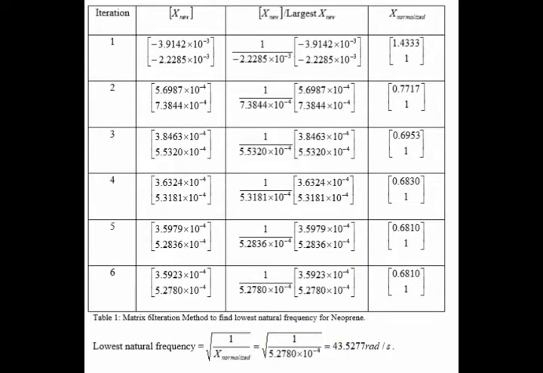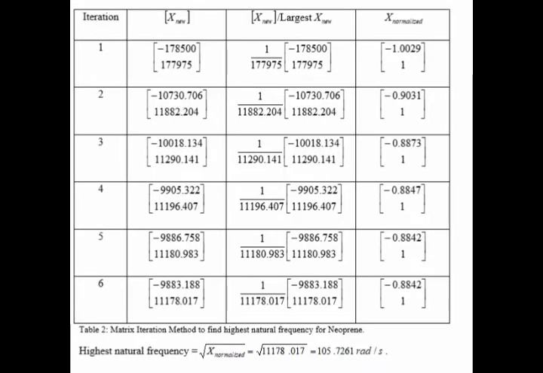Now for the neoprene, we have k of 350 kilonewton per meter. From there, we use six matrix iterations to find the lowest natural frequency for neoprene, which is 43.5277 radian per second. For the highest natural frequency for neoprene, we also use six matrix iterations, and we have